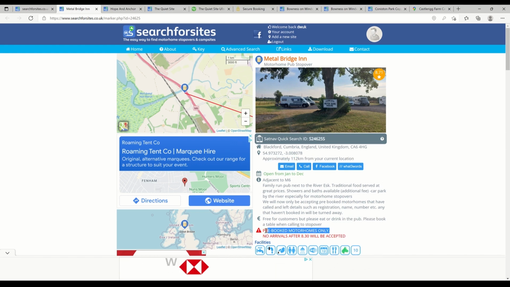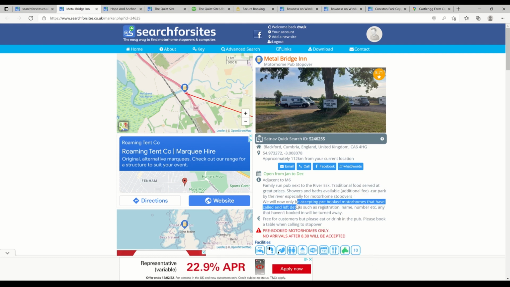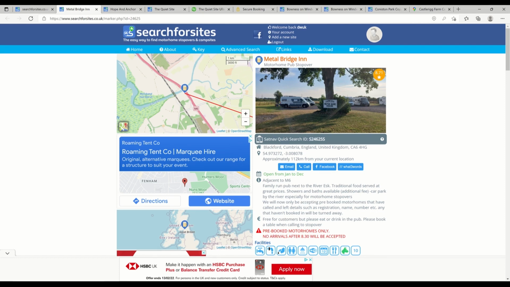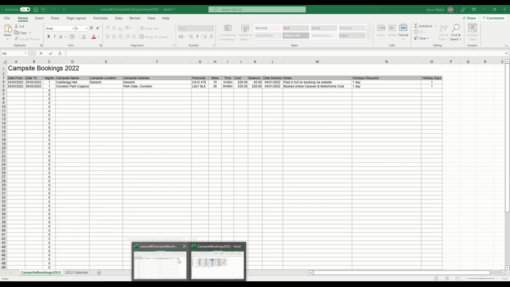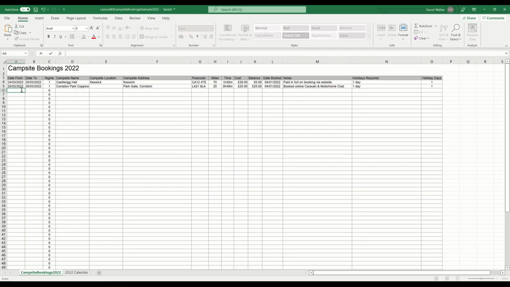It does say pre-booked motorhomes only, so it does mean there that we need to pre-book that one, but there's some useful information there, so we'll give them a call and see if we can book in there. So let's transfer that booking across now. So we'll go to our Excel, and that's the 26th of the 3rd 22 to the 27th of the 3rd 22, 1 night, and that's Metal